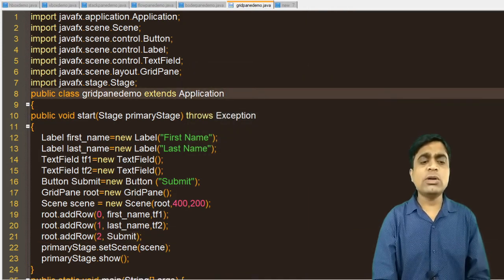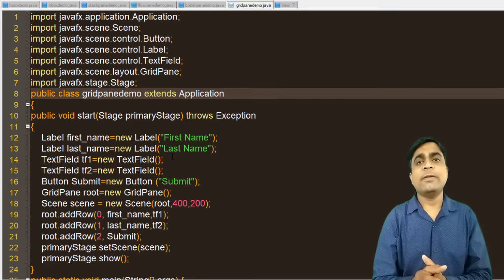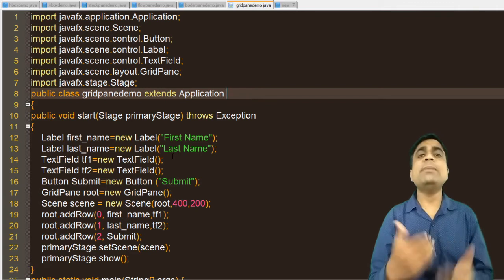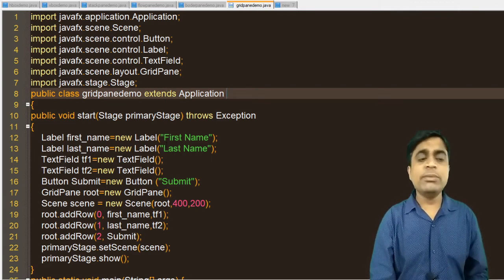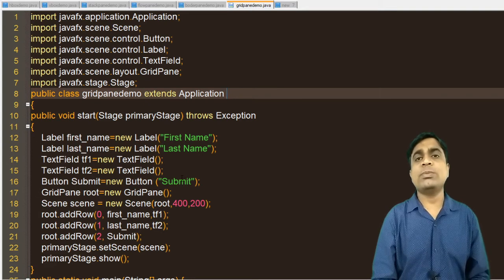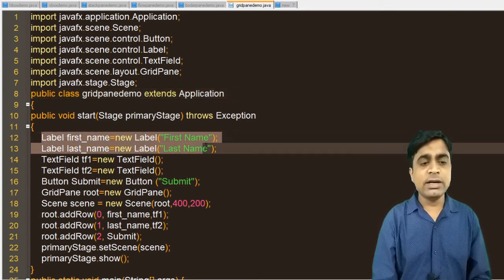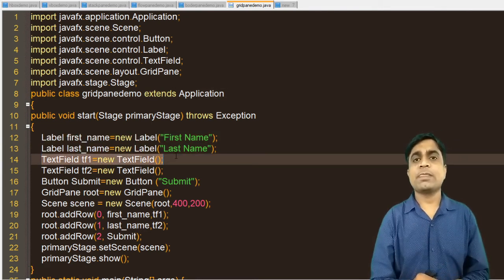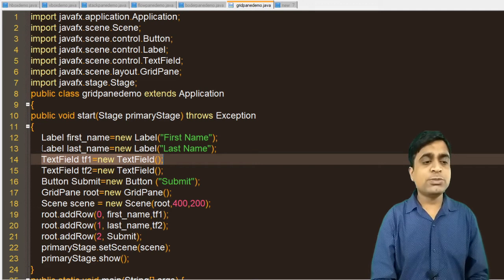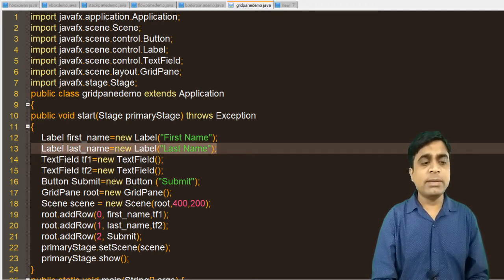Now you can also create this type of structure using HBox and VBox. You can also use multiple layouts in a single program, right? So you can make this type of program using a VBox: one label and one text field you can add in an HBox. Next, create another HBox that will have one label and text field 2.